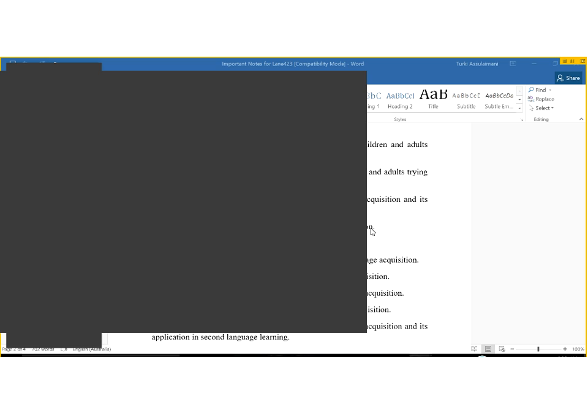The fourth hypothesis, الفرضية الرابعة في هذه النظرية, is called input hypothesis. Input إيش معناها؟ المدخلات, okay? الأشياء اللي تسمعها, الأشياء اللي تقرأها. Acquisition occurs when one is exposed to language that is comprehensible and that contains I+1. اللغة اللي تسمعها يجب أن تكون مفهومة لك. إذا أنك تقعد تسمع شيء ما أنت فاهمه ما حتستفيد. لو تسمع مليون ساعة, okay? So it needs to be comprehensible and contains I+1.